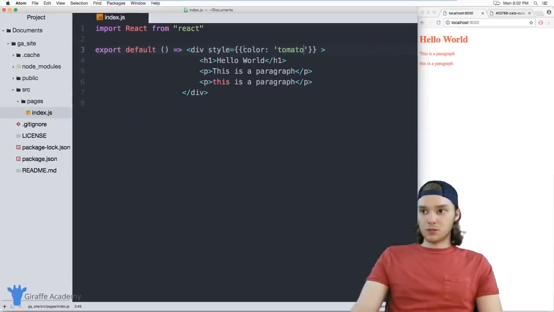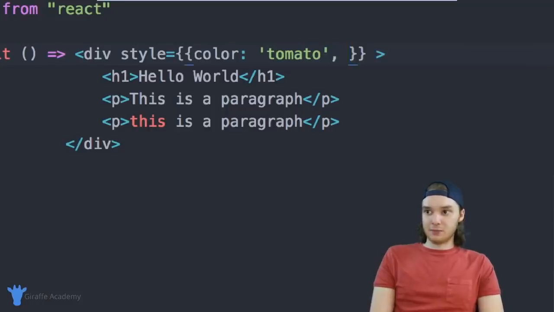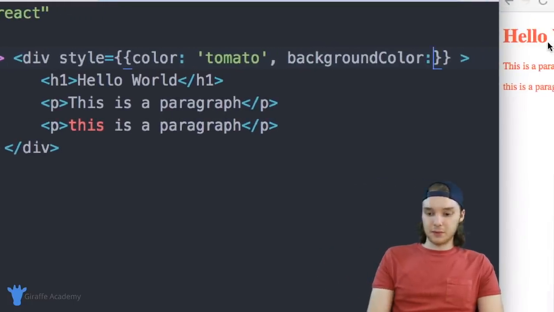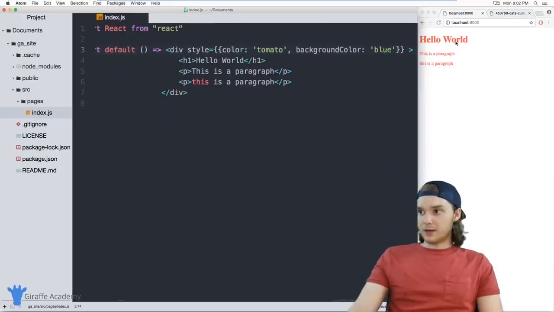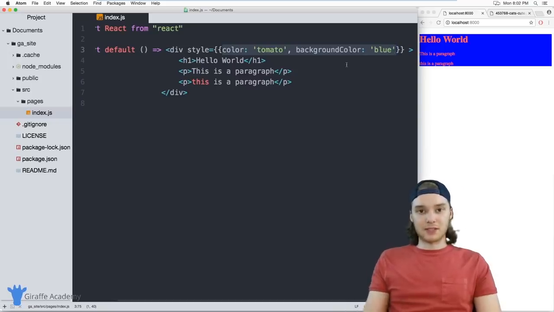So you can use CSS inline just like this. And if I wanted to add, for example, another attribute here, so I could say background color, we could set this equal to blue, and it'll set the background to blue. So you can add in different CSS stylings inside of these JSX elements, very similar to how you would in HTML. If you're familiar with CSS, then you'll notice that this is a little bit different, but the same